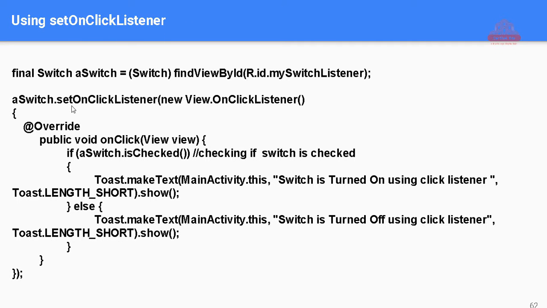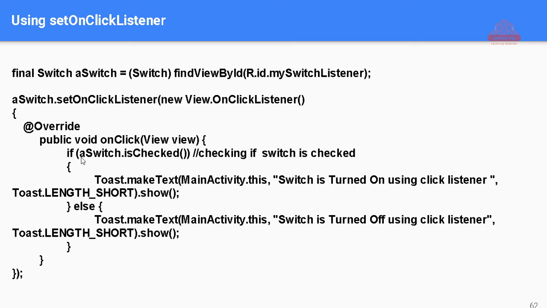So I am not going to perform this task, but here I am going to explain. This is your instance of the variable or switch. That will be defined with your listener. You may see here set on click listener. There is an interface that exists with your on click methods.